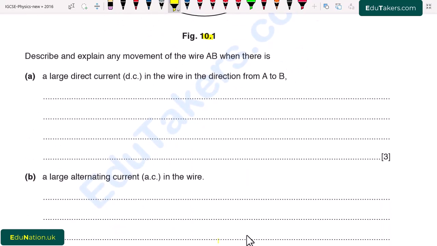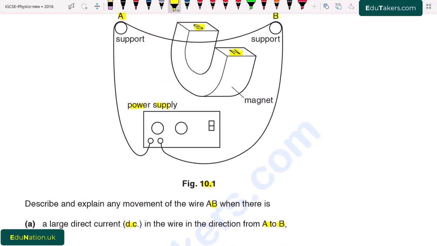Describe and explain any movement of the wire AB when there is, part A, a large direct current, which is DC, in the wire in the direction from A to B. So when there is a large current passing through the wire from A to B, we have to explain any movement of the wire AB. So here current is given in this direction. First of all, the magnetic field also exists here, which is from north to south. So by applying the Fleming left hand rule, I write here